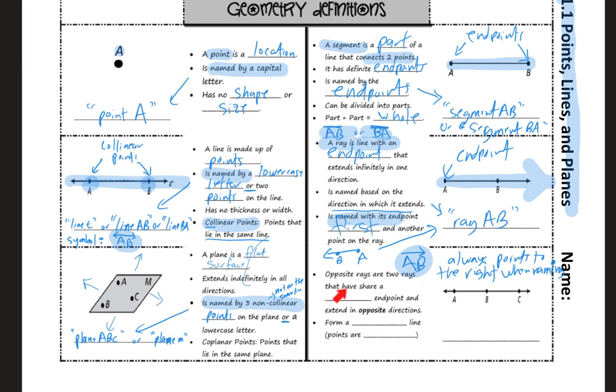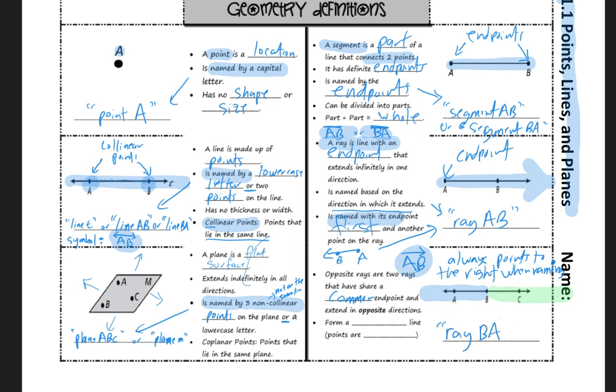Okay, so opposite rays are two rays that share a common endpoint and extend in opposite directions. So say for instance, this starts right here, this would go right here, right? So I can put that, this would go that way, right? And then if I put a different color, if I start that way and go that way, I have two rays. So I could say ray